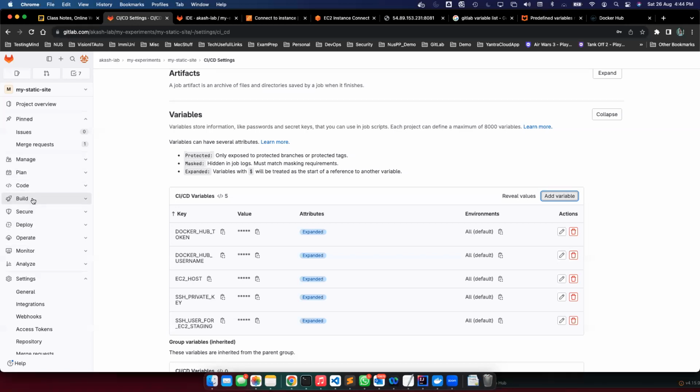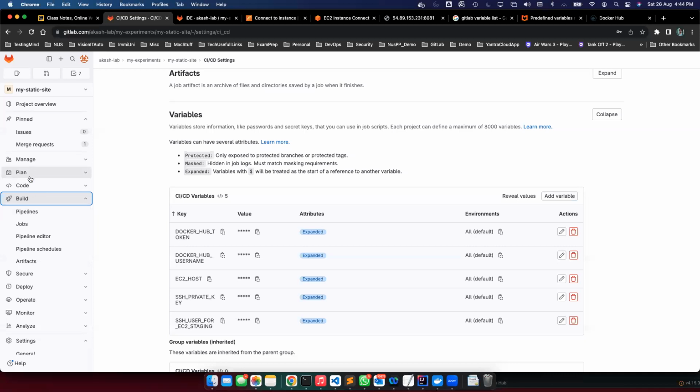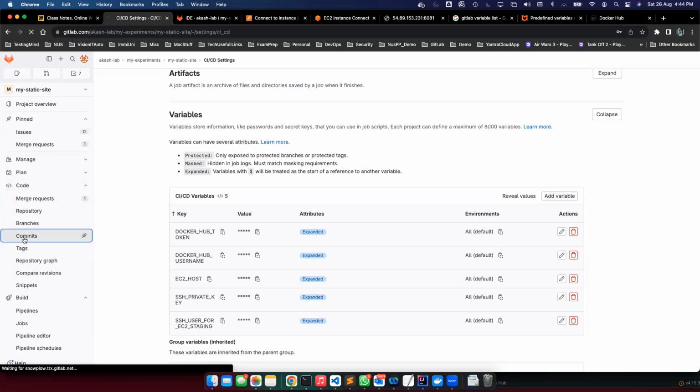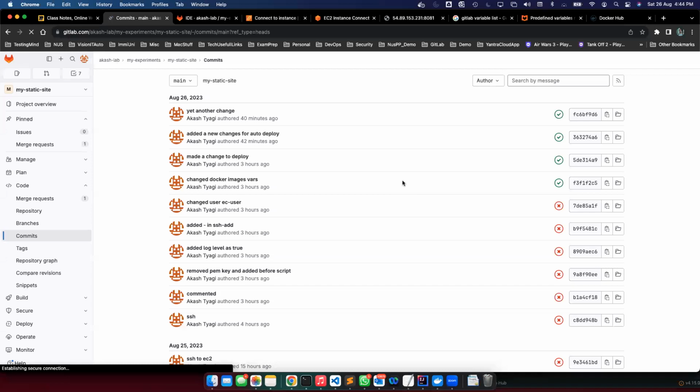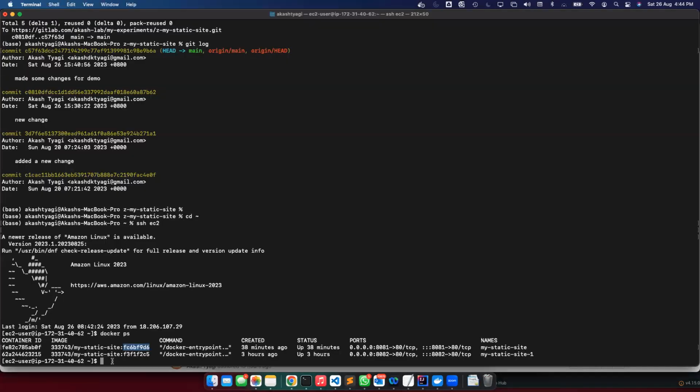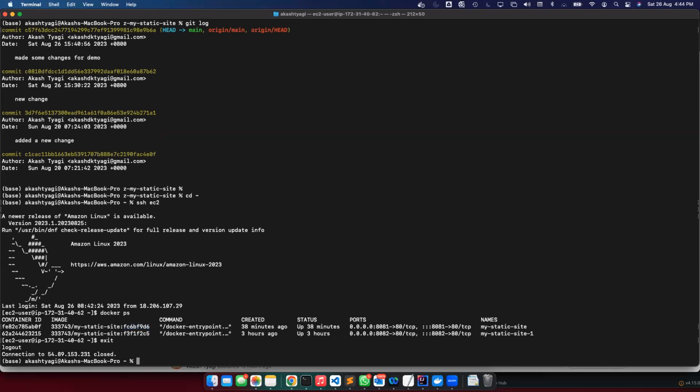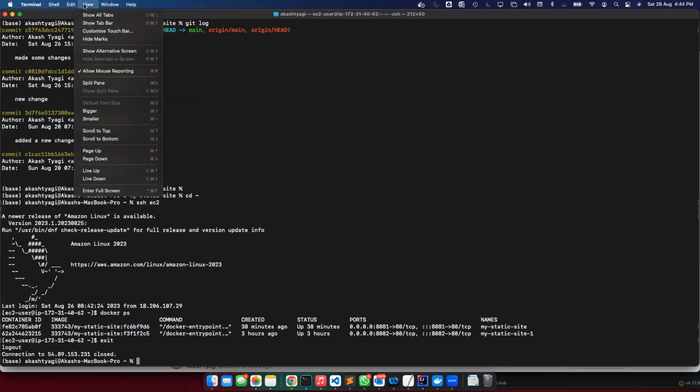If I go back to my build and code and say commits, you see FC6B94D6 matches, right? This was automatically deployed here using that deploy to EC2 job which I just ran. Okay, let me exit this. So the right way to connect, if I make it a bit bigger,